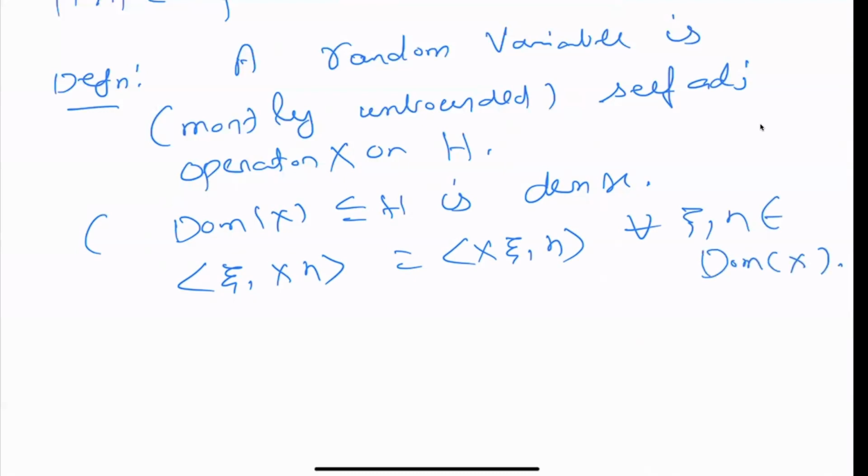And this is not the definition of self-adjointness. This is the definition of what is called symmetry. We have defined all this with X star, the adjoint and all those things. This just means that X is contained in X star, that is, the graph of X is contained in the graph of X star. Actually, we will not need all these